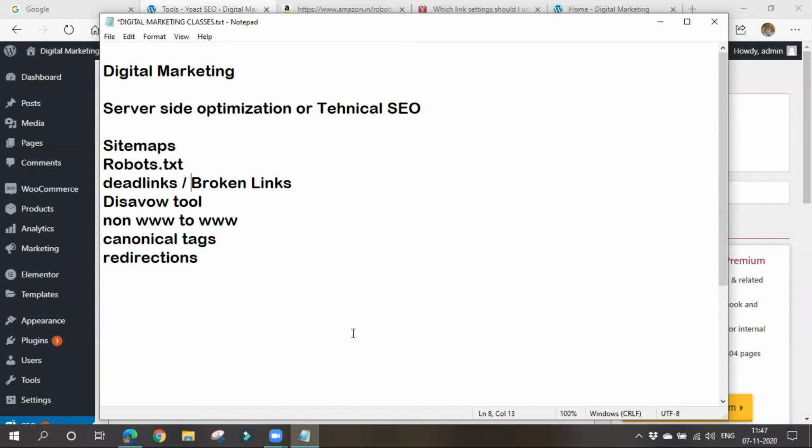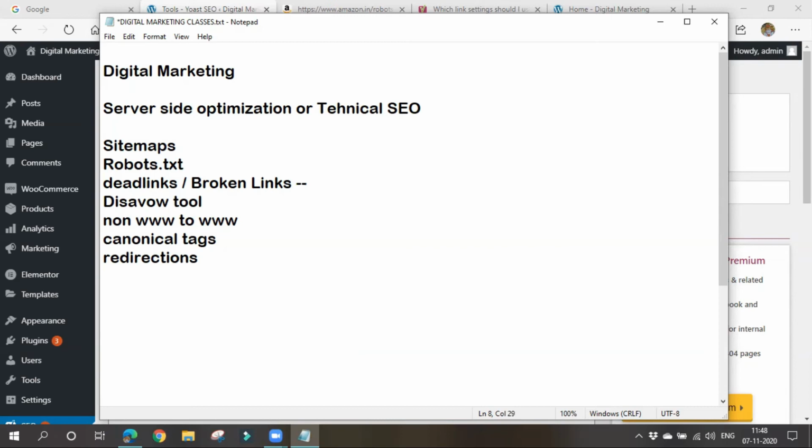We simply have to remove that link from our website. If there are only one or two links, we can check them randomly, or every week we can make a check. But if there are a huge number of links, like 50 or 60 internal and external links, we have to use a tool called the broken link checker tool.